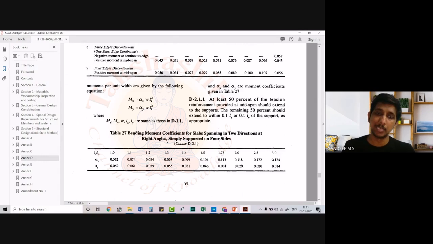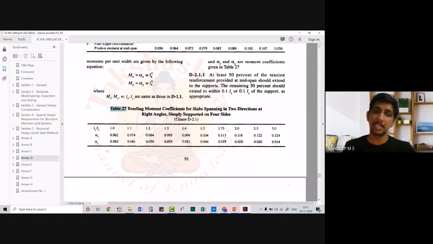If it is simply supported, you have to refer to Table 27. If it is restrained against rotation, or it is a restrained slab, you have to refer to Table 26 for getting the value of alpha x and alpha y. Right now, since we are dealing with a simply supported slab, we will see how to obtain alpha x and alpha y